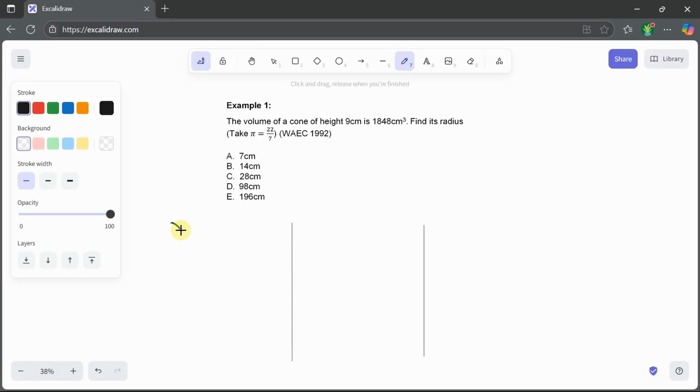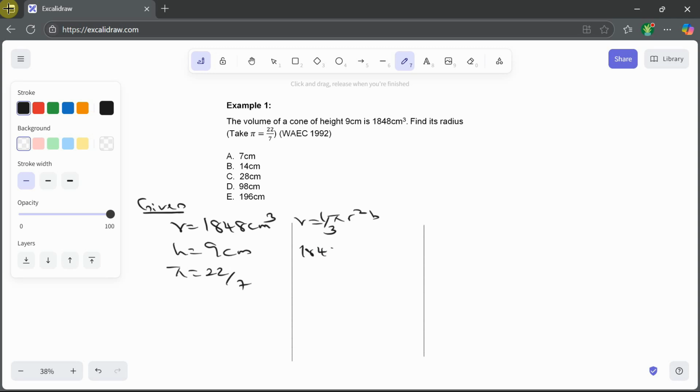So we are told that the volume is 1848 centimeter cube. We're told that the height is 9 centimeter, and we're told to take pi to be 22 over 7. This is our given, right? So we know the formula for volume is 1 over 3 pi r square h, right? I know this because I always picture that cylinder. So let's substitute. That will be 1848 is equal to 1 over 3 times 22 over 7 times r squared